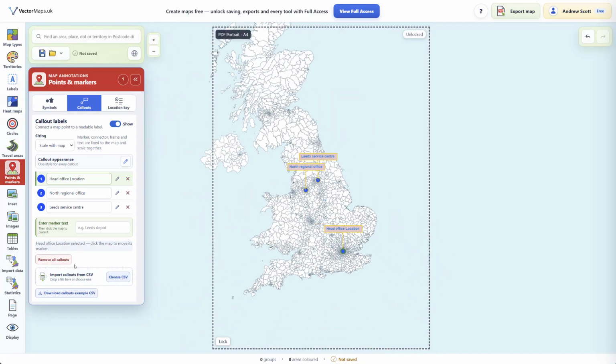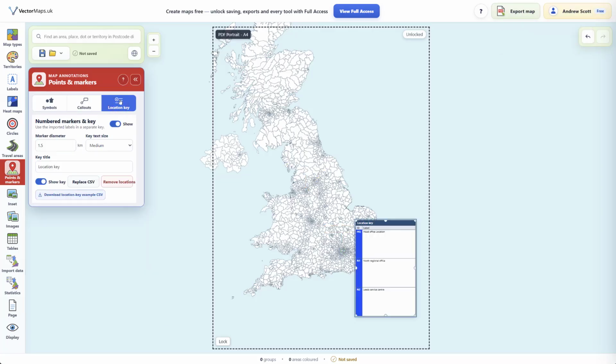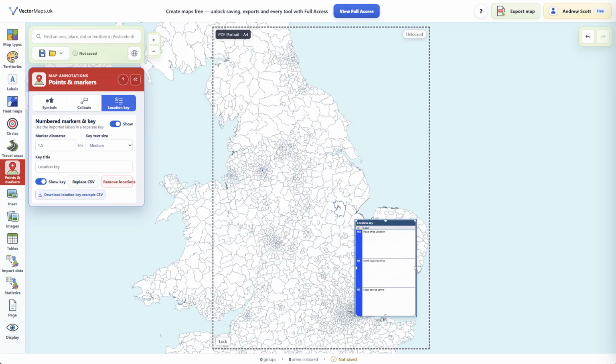Now, if we need a sample of the spreadsheet to give us the column headings and such, we just click download callouts example, and that will download the callouts there. Get rid of that. And then we can go to location key. Now, location key, what that is,